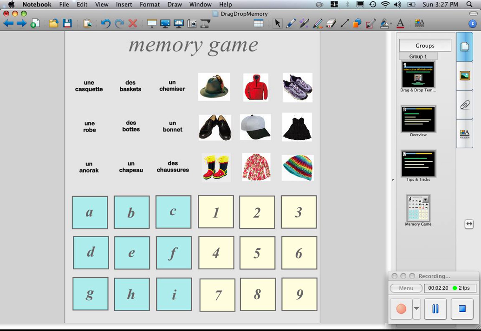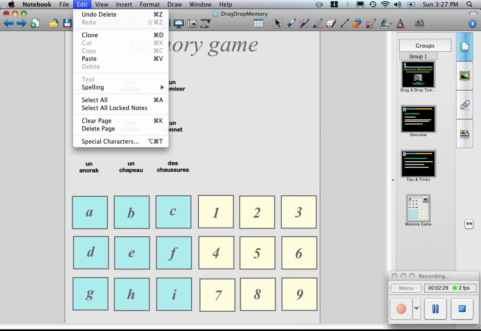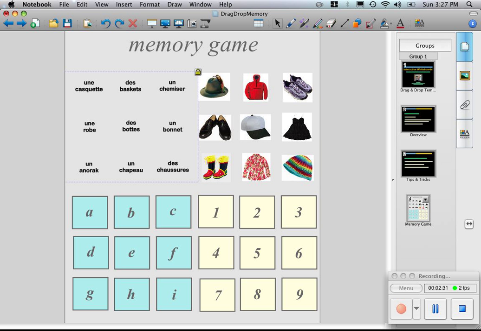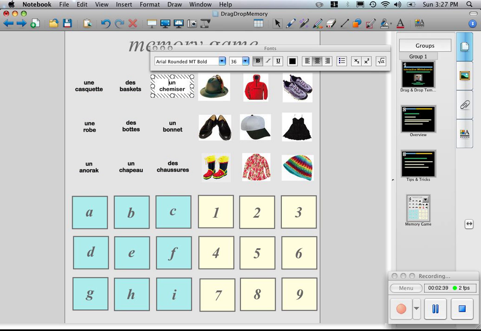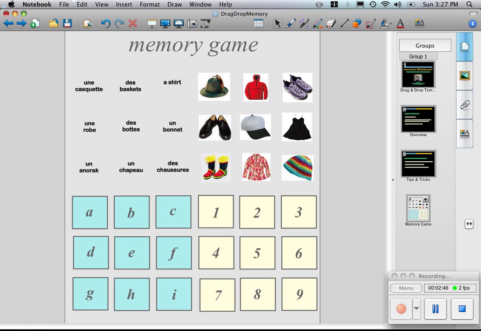And so here's where you can move them, and then these are all locked, so I could unlock this, and then I could delete this now and bring in 9 new images. Same thing goes for this group over here. I can unlock them, and that way now I can get in, and then I can unlock and then ungroup them, and now I can individually go in and change the word and make them English or Spanish or whatever